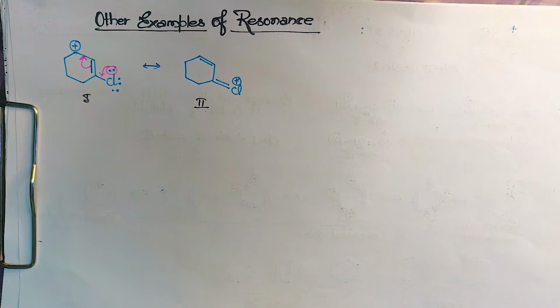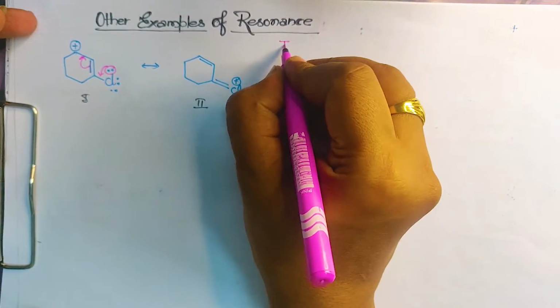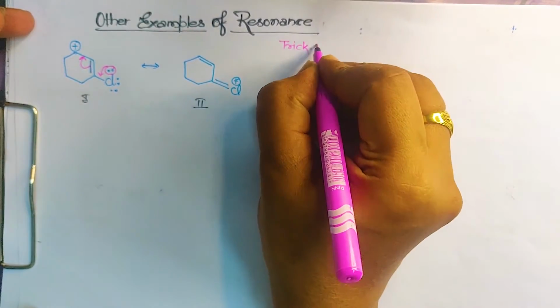Yes, tell me. If you think of the concept that the more electronegative element should have the more negative charge, and that is the stable condition, then here that will be wrong. Okay? Let's see the trick. Let me write the trick over here. This is called trick number 4.